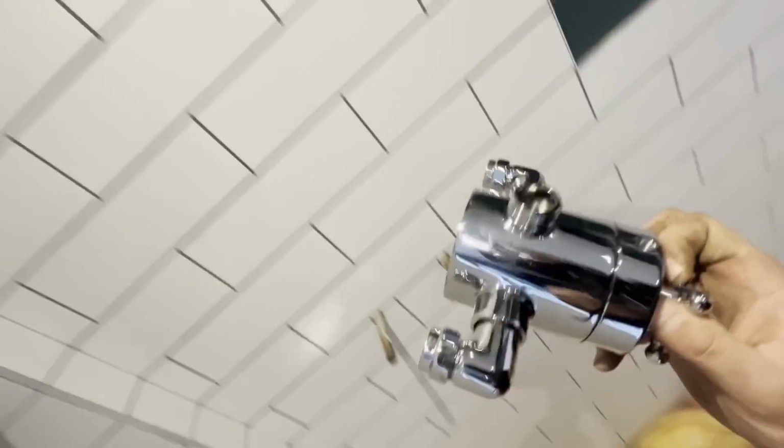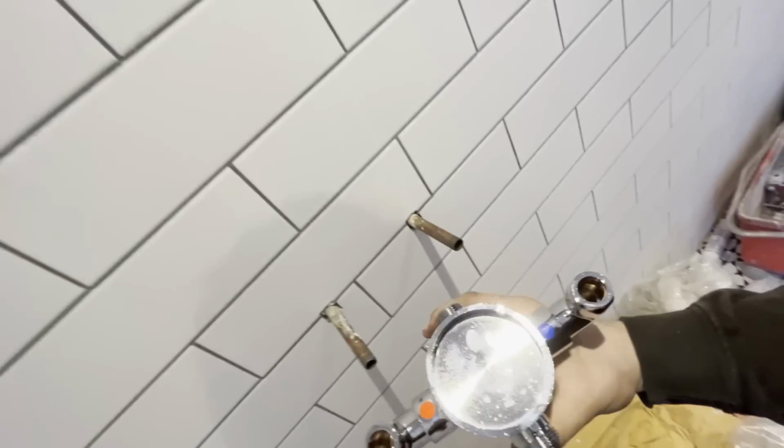It's this sort, try not to drop it on the tray. So what we've done here is put it tight up against the wall and then just made a couple of pencil lines where we need to cut our pipes. So we'll get them cut, clean the pipes down, and then we need to mark our centre mark for our fixing plate